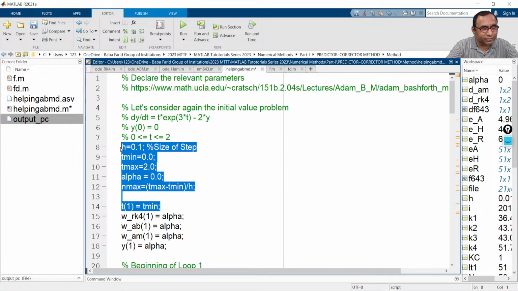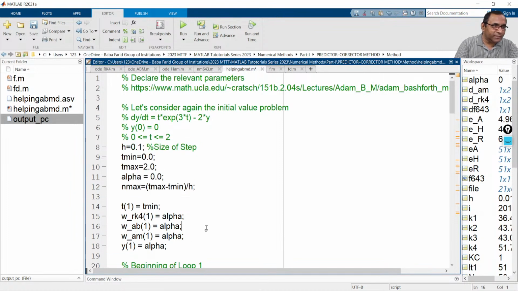After that, we want to calculate the initial values for the Runge-Kutta method, for the Hamming method, for the Adams-Bashforth method. Okay, see here we have AB. AB is Adams-Bashforth, and the second one is Moulton. So these are the values for the initialization of these three methods, and y1 is the particular value for